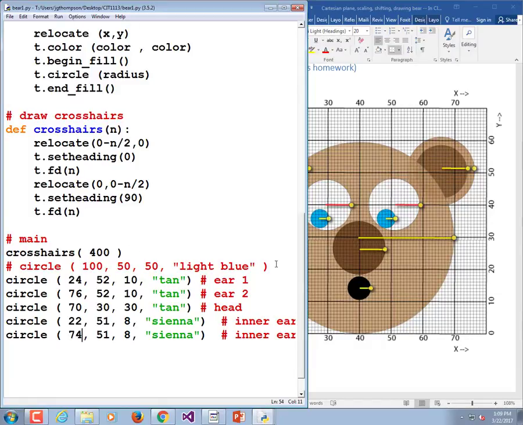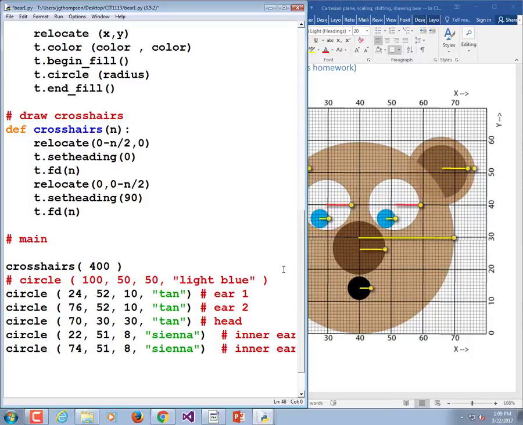Oh, and I'm also going to increase the speed. I'm tired of him drawing so slow. So right above the crosshairs comment, I'm going to do t.speed(0). That's the fastest he'll go. So this is a new line of code. I'm going to say warp speed. Unfortunately, it's not really that fast, but